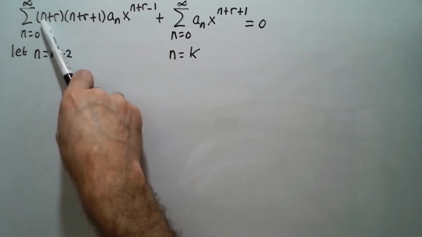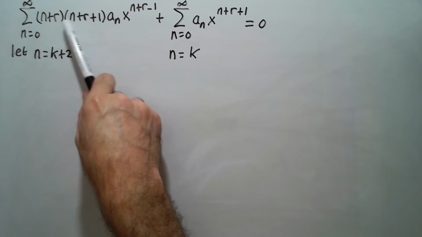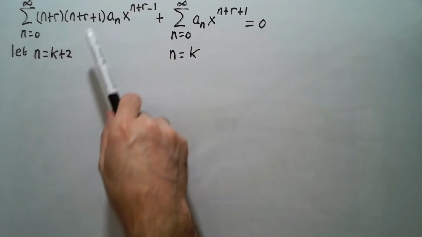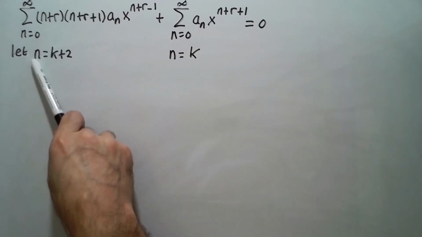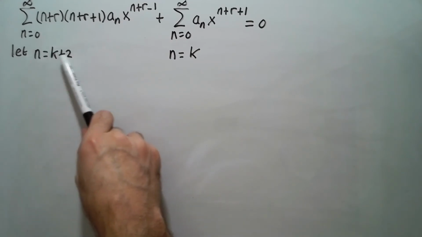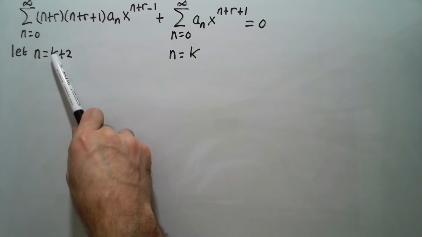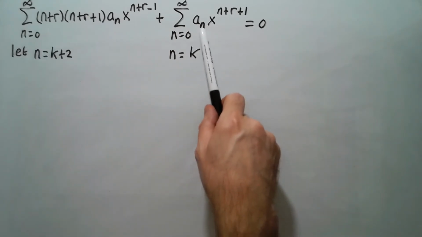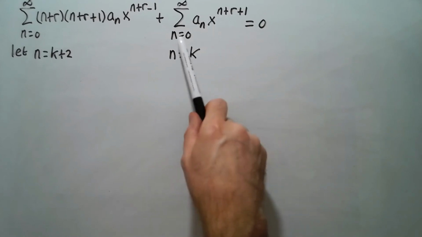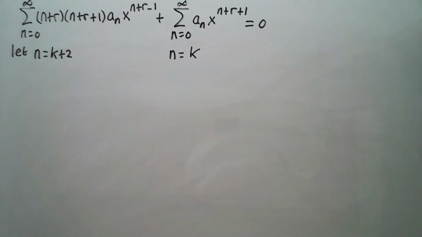So in place of n here, I'm going to write k plus 2 here, here, here, here. And since n starts at 0 here, if I put 0 here, 0 equals k plus 2 would mean that k would have to be minus 2. So this summation would start at minus 2. Then I'm going to put a k in place of n here, here, and here. So doing that, we get then